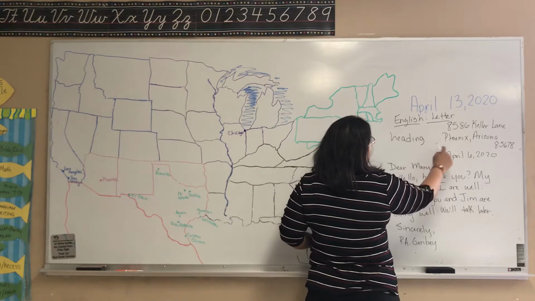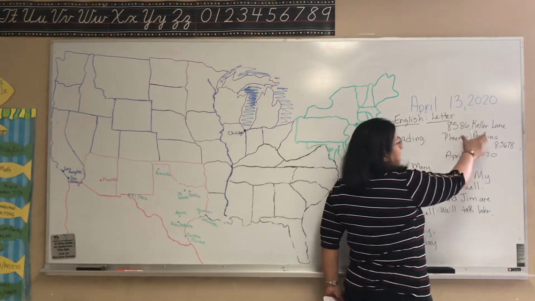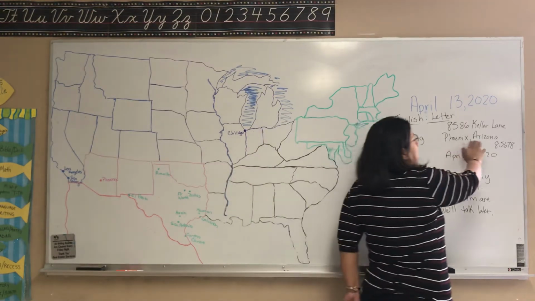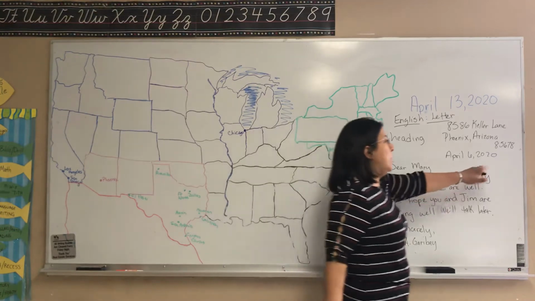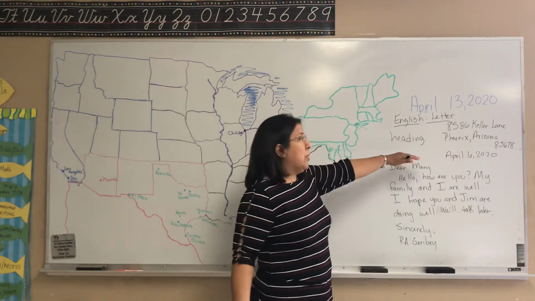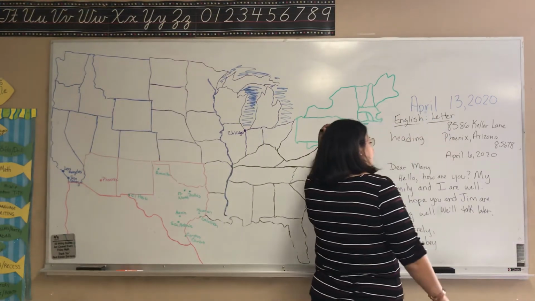make sure you're putting down the address. You have to include the city and the state. City and the states have to be capitalized, and there has to be a comma between the city and the state. You must put your zip code of whomever it is that you're addressing it to. Also put your date down, the current date, and it's all going to be flushed to the right.